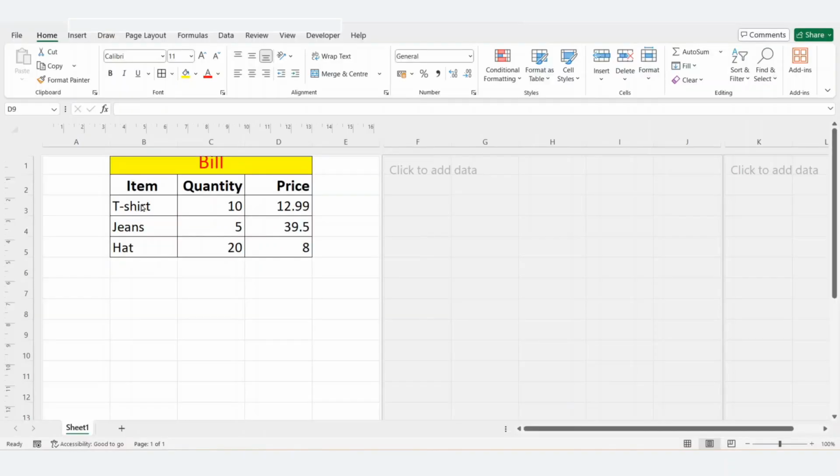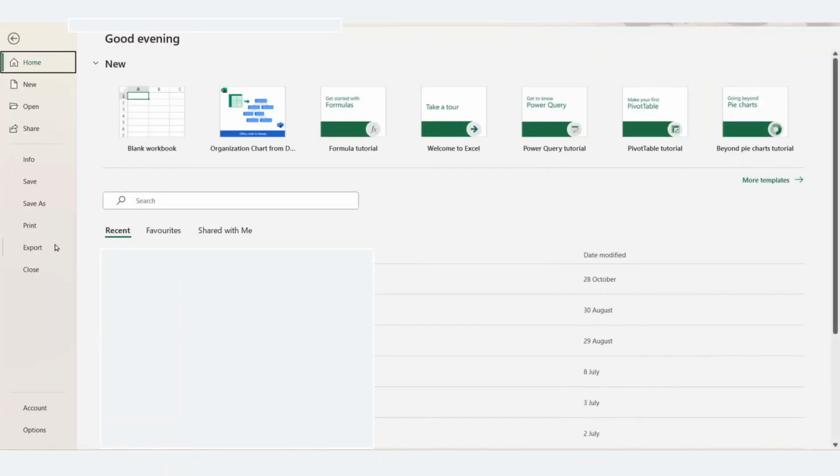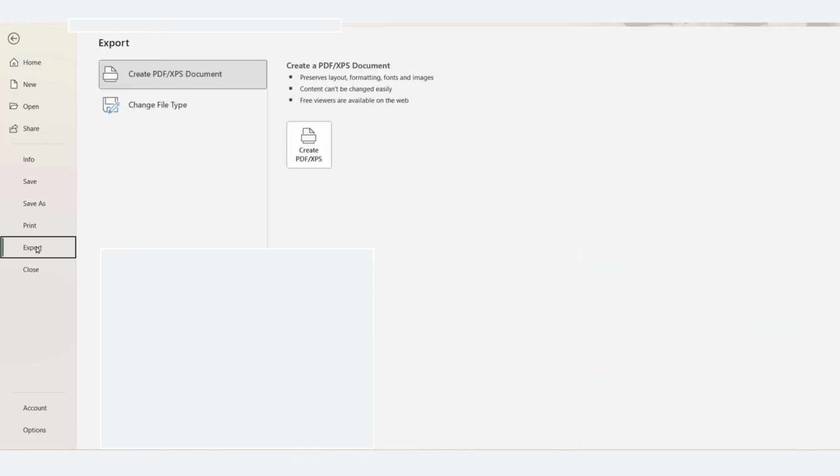Now, I will show you the alternative methods. Method 1. Go to File, click Export, select Create PDF XPS document, and then click Create PDF XPS.